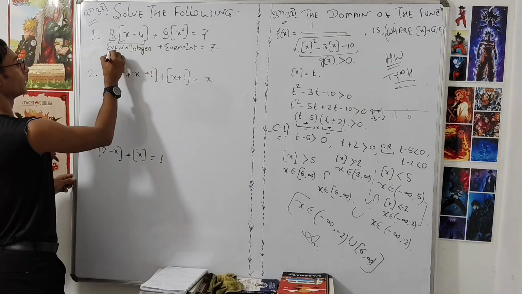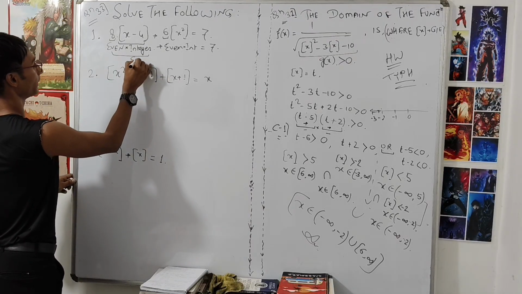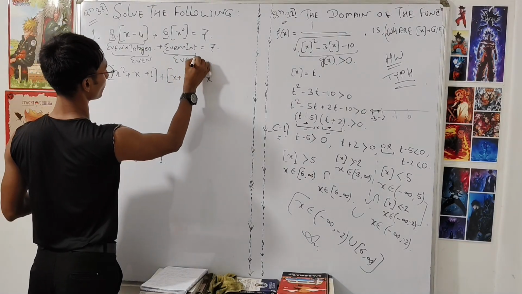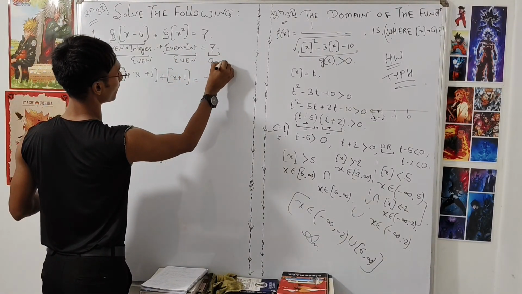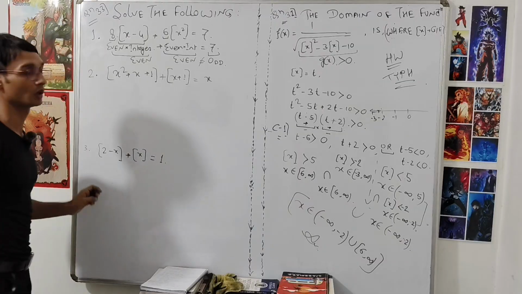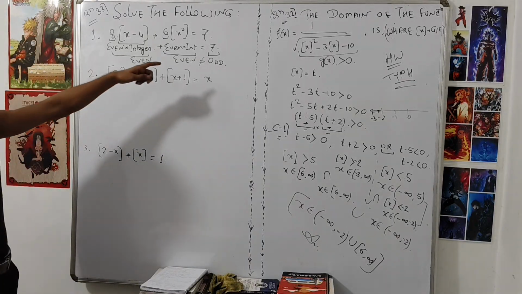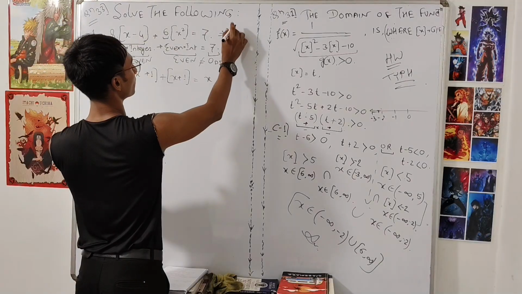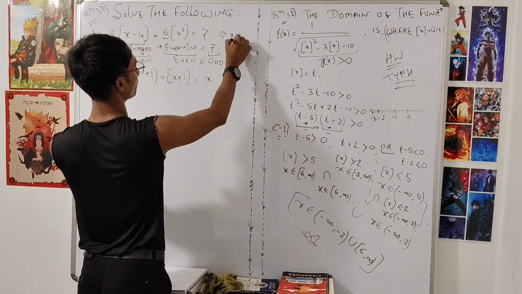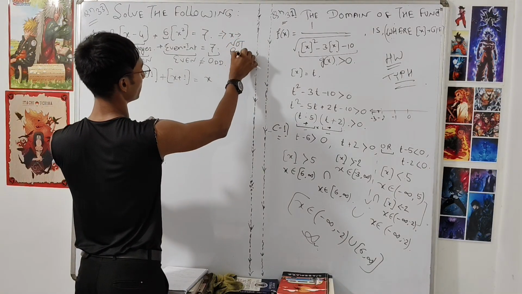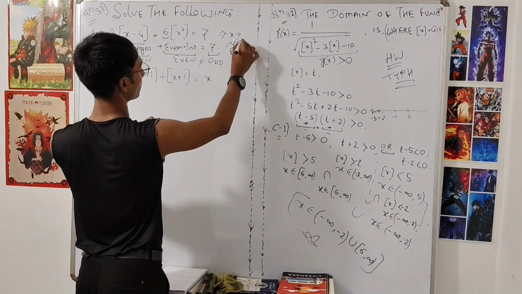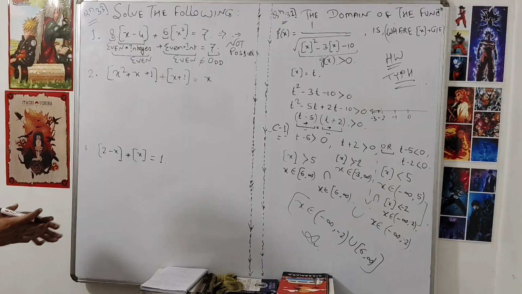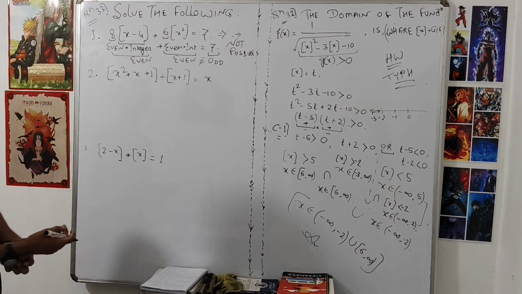Even into integer, it will be even, right? It will also be even. And even plus even can't be equal to odd, right? So that's why in this case x is impossible. I mean not possible. Actually ऐसा हो ही नहीं सकता. ऐसा केस हो ही नहीं सकता, सो x is empty, x के अंदर कोई एलिमेंट है ही नहीं।